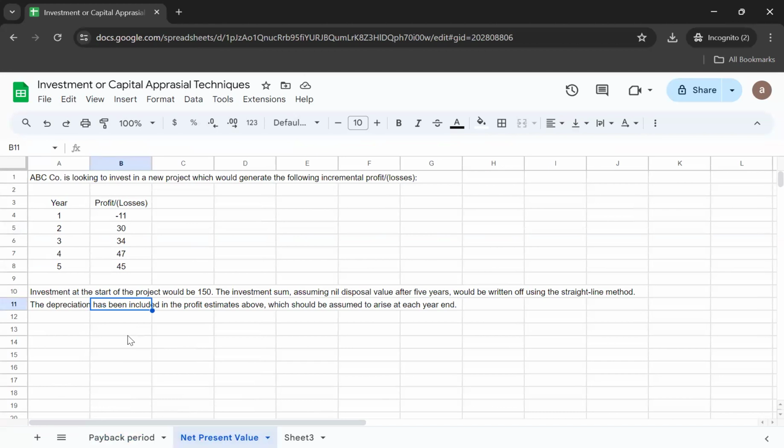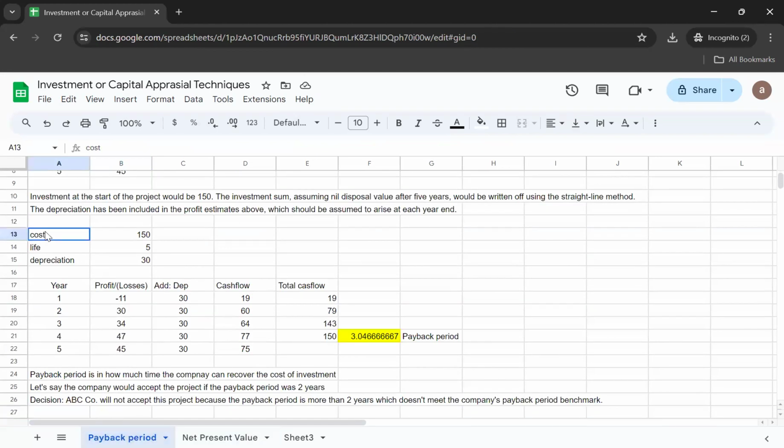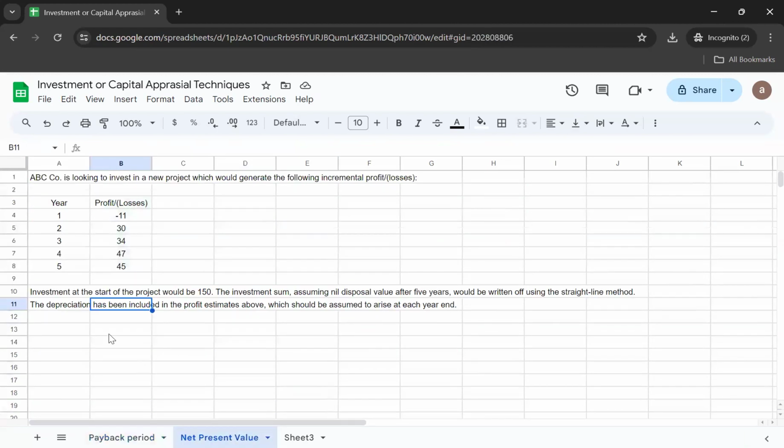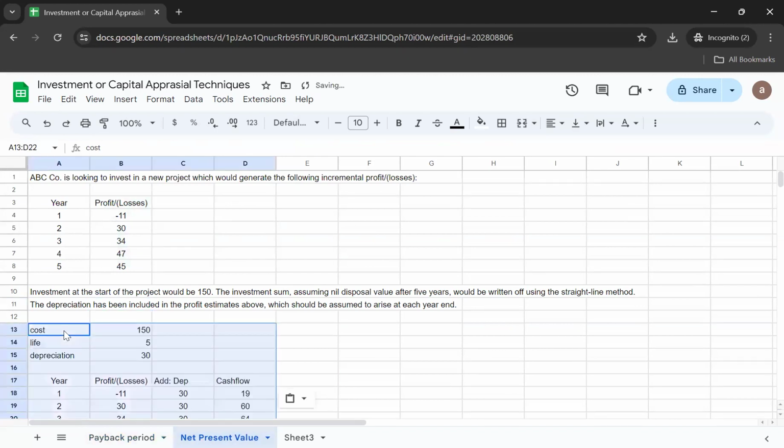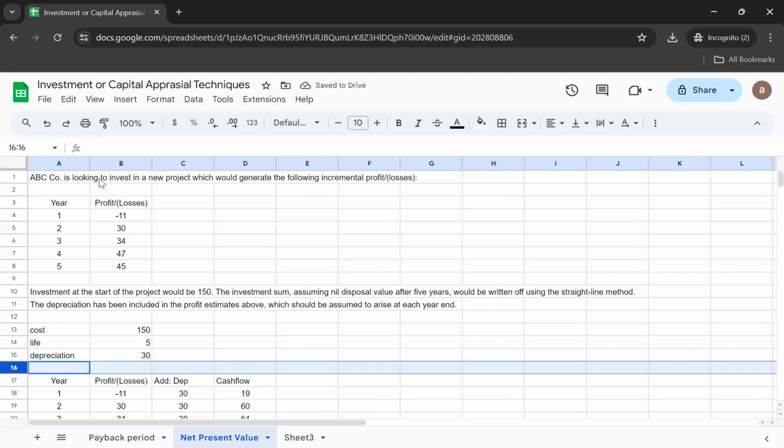So in net present value, again, we are going to do the same calculation. We would need the cash flow, right? So it's not going to be based on profit and loss. So to save time, I'm going to get these numbers from here. So this would be the basic start for us for sure. And another thing that we would need in this case is actually